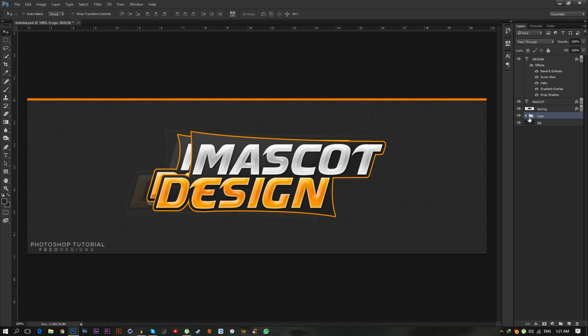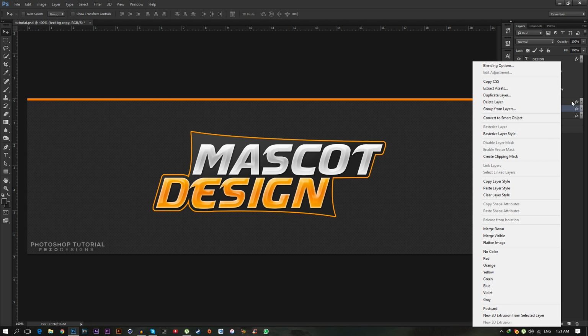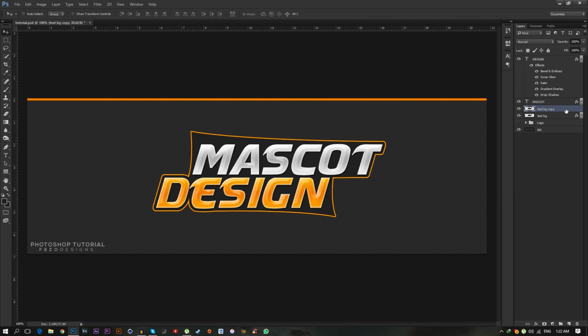So let's uncheck this and make a new layer bottom of this text background. Not a new layer, just copy this text background and right click on it on the copy one and clear layer style and move it bottom of this text background, and using your down key on your keyboard, just make it a little bit down from the text background, just like that,